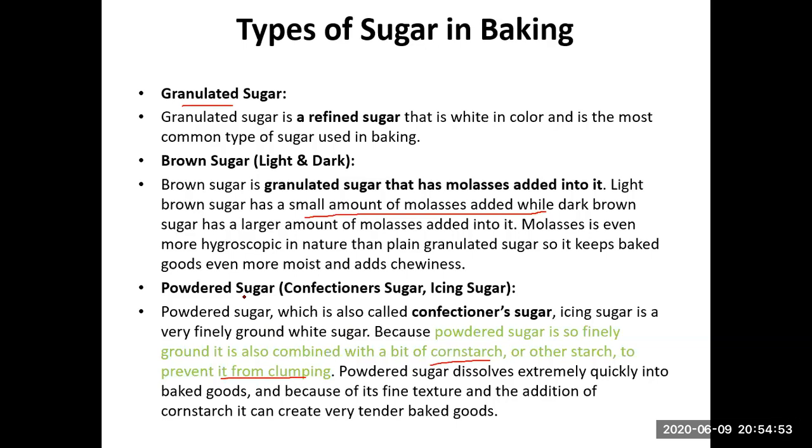In baking, powdered sugar is mostly used because it easily dissolves in water and its texture is very fine, so it mixes easily with any kind of ingredient. For example, whenever we beat butter with icing sugar, it readily forms a foam. But if you do the same thing with granulated sugar, it takes more time.